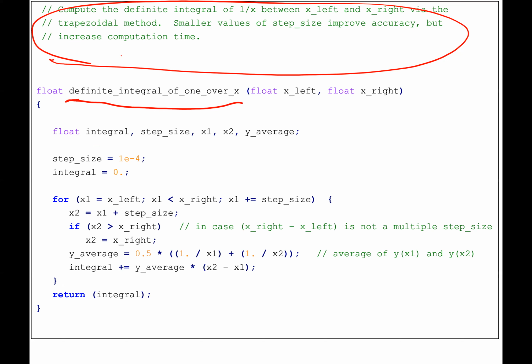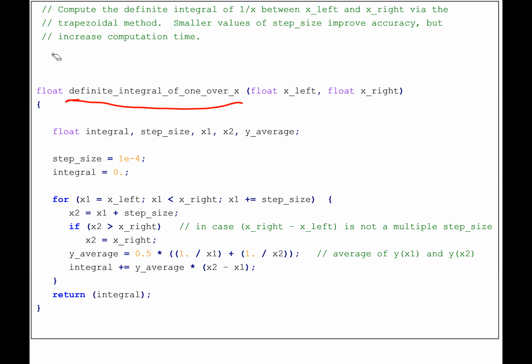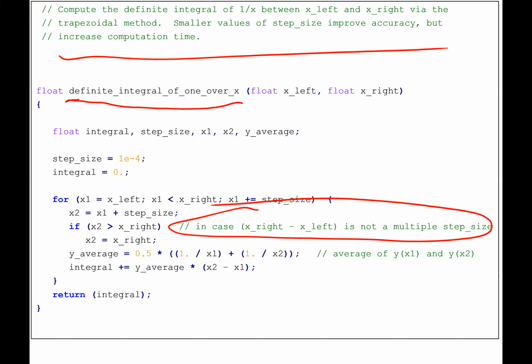All right. So this is what you should do. Comment your function. Every single function in your code should have a comment above it saying what it does. Use very good names. Comment tricky bits of code. In this particular case, for this definite integral, if the range I'm computing the integral over is not divisible by the step size, I get a little bit of a tricky if statement, so I comment that.